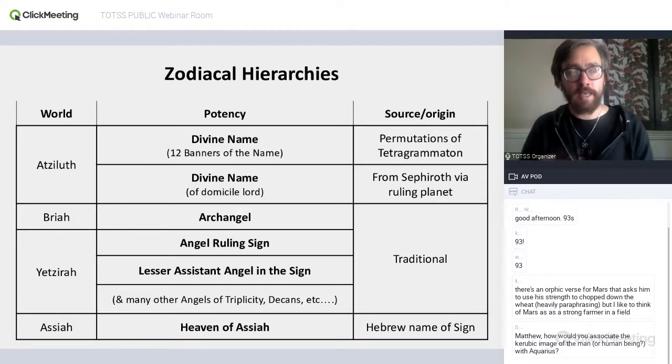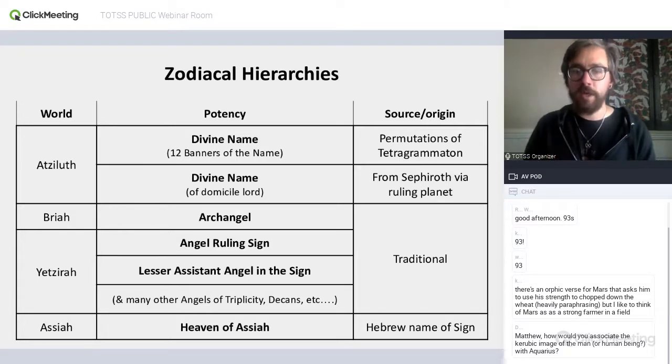I find those permutations less personally meaningful and relevant. So I really like using the divine names where I have a lot of meaning and significance built up with those divine names compared to just the permutations of the letters. But I like using both, the idea of calling in the planet and the ruler of the sign, and then the banner of the name being a kind of differentiation or specification of the particular mode that planet is expressing itself through one of the signs that it rules.